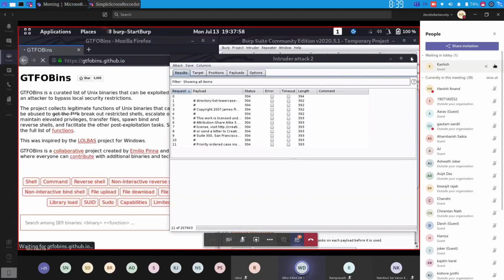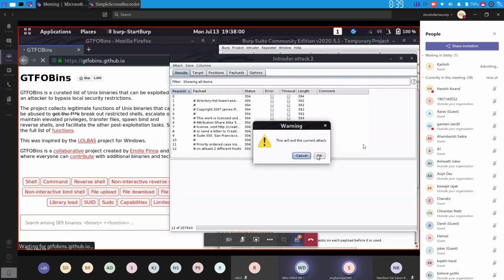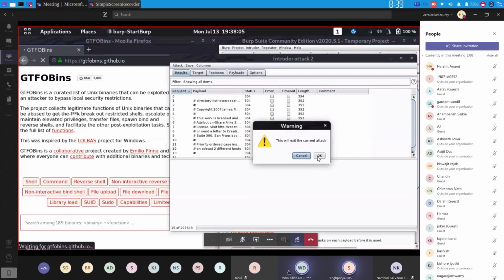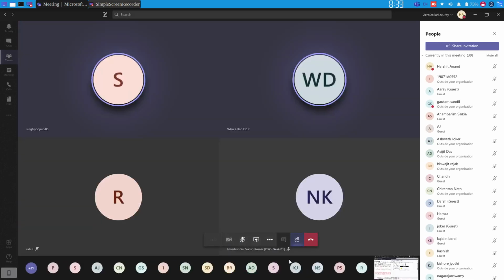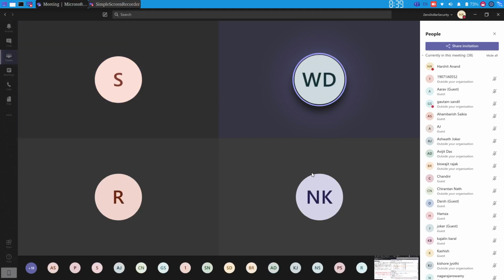Sir, I feel if you move it to another day, it will be best. Because Burpsuite is very important and people will have many doubts, and your screen is stuck in the middle. Yeah, that's what I said. I wanted to make the session very important and problem free, so I wanted to shift it to someday else, because otherwise people won't be able to understand. And Burpsuite is a really basic thing and it should be known to everyone.